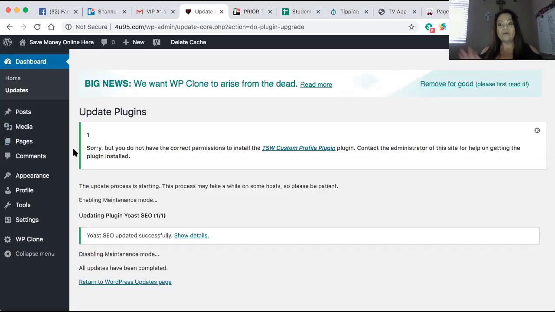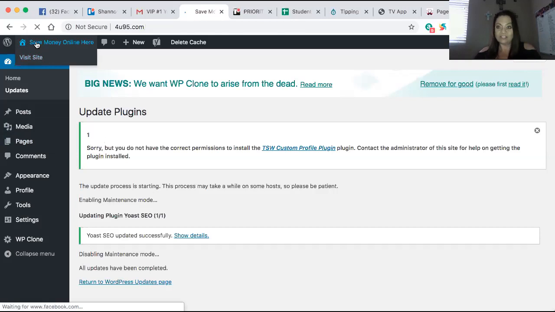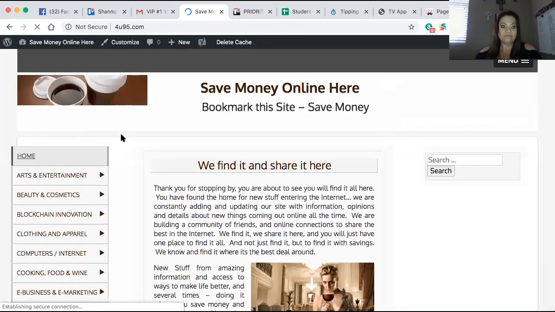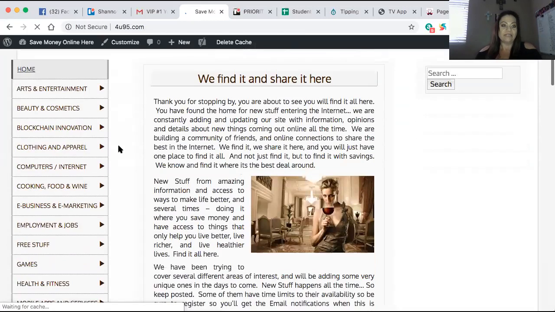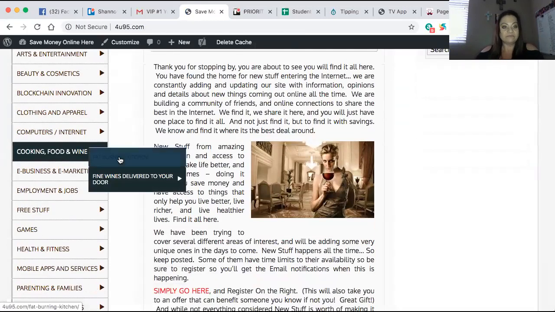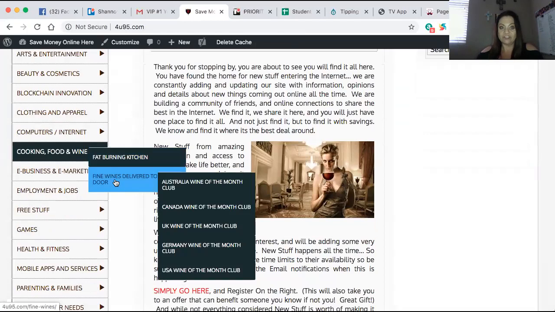So how do I get to the pages that I'm going to need to modify, right? To change the links. So you come up here, click on the home over here to the left, or visit site, click on there. Either way gets you to where you need to be. You will scroll down here to cooking, food, and wine. Fine wines delivered to your door. You click on that